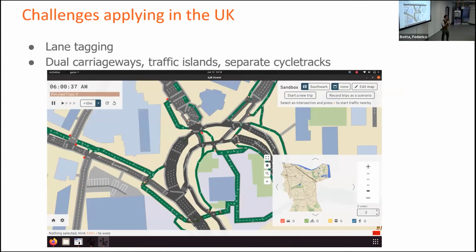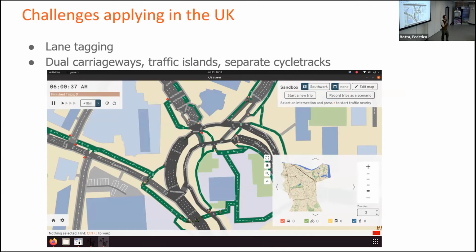And that's because this works a little bit less well in the UK. One reason is that the tool that lets you select existing roads and then add cycle lanes is based on the inferred width of the road based on OpenStreetMap data. And around the UK, the way lanes are tagged is different or not as good. And then also in places like London, you have really complicated infrastructure like the Elephant and Castle Junction, where